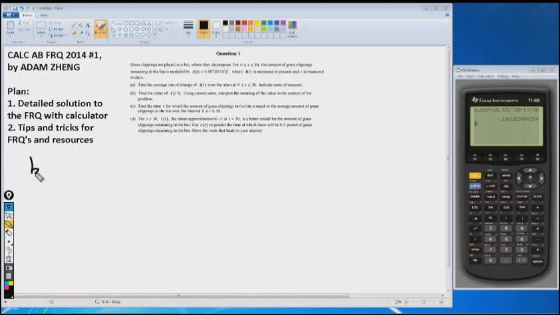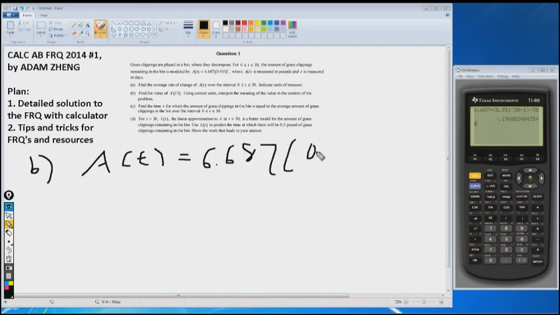Part B, it's asking for A prime of 15. Best way to do this is just to find the formula for A prime of t, and then plug in 15. So we differentiate A of t. A of t equals 6.687 times 0.931 to the t. That means A prime of t